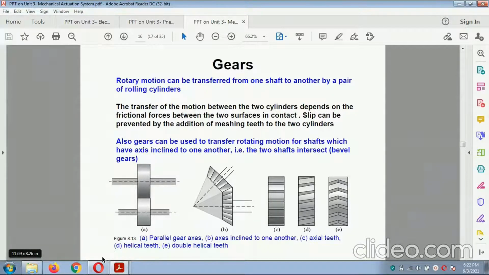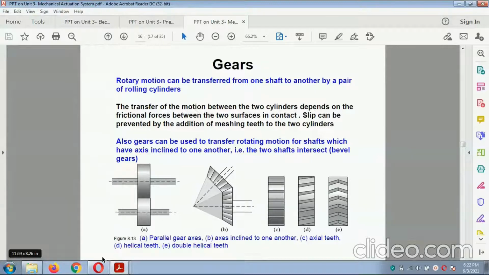rolling cylinders. The transfer of motion between the two cylinders depends on the frictional force between the two surfaces in contact. The slip can be prevented by the addition of meshing teeth on the two cylinders. Also, gears can be used to transfer rotational motion between shafts when the axes are inclined to one